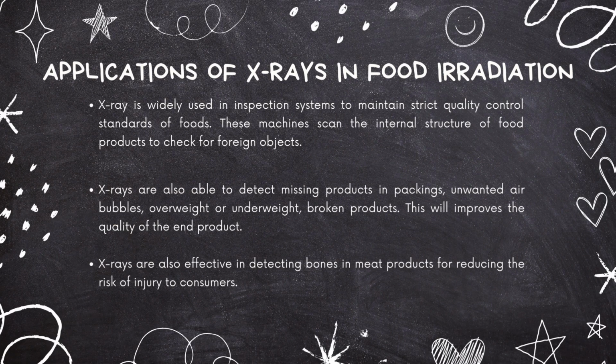Applications of X-rays in food irradiation. As we all know, X-ray is commonly and widely used in various fields. So, during food processing, packaging and manufacturing, businesses use X-ray inspection systems to maintain strict quality control standards. These machines scan the internal structure of food products to check for foreign objects or other non-food items such